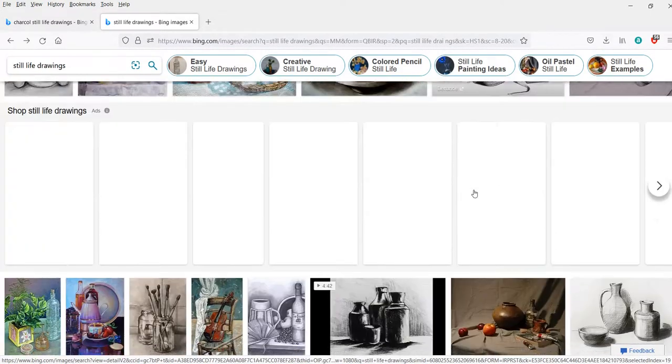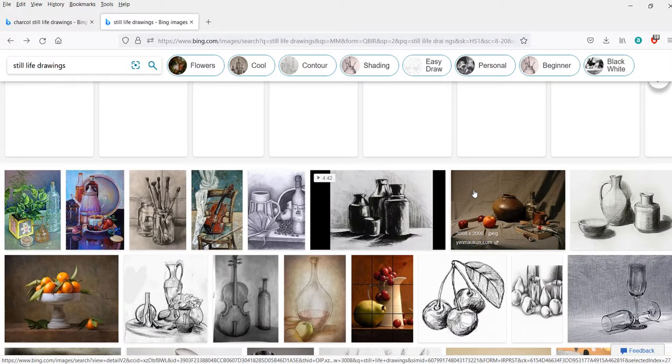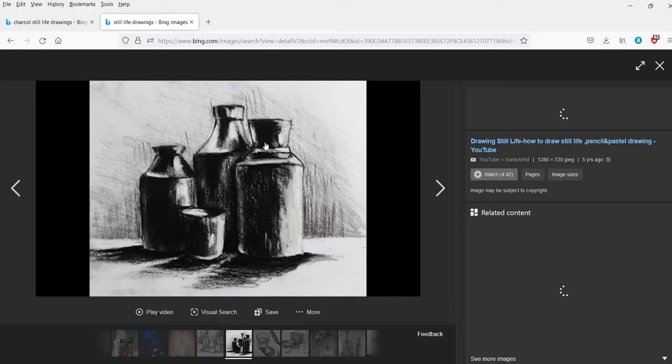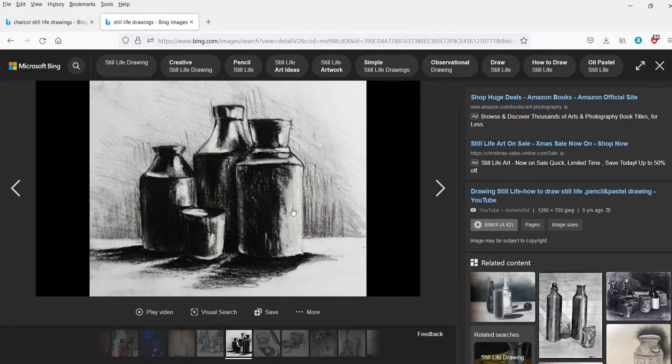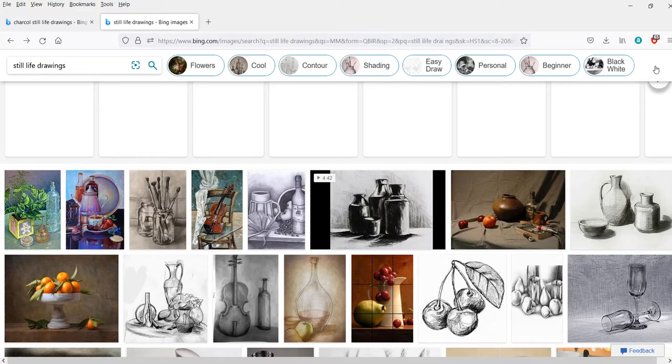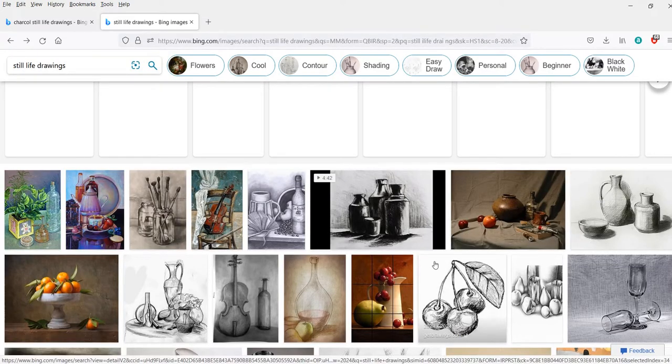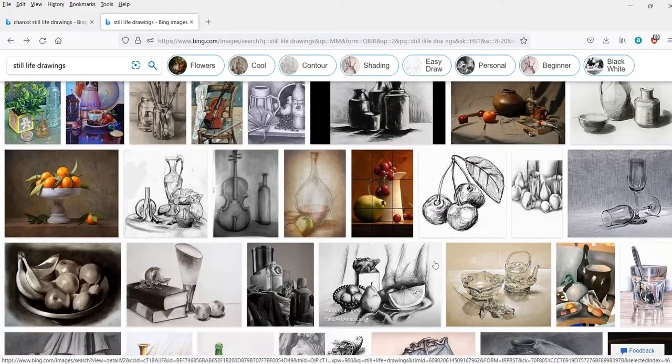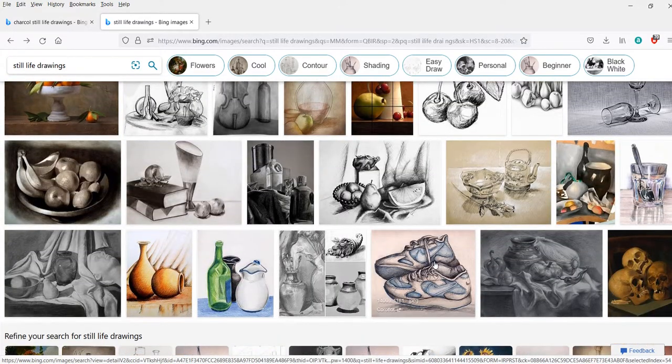Now, I'm just going to go to Bing, or Google, and put in still life drawings, and there they are. There are all kinds of examples, and some of them are very dark like this, with lots of contrast. But you have a light side. Here the light is coming from the right, and look at all this dark subject matter in tones that play out, but the contrast makes it jump right off the page at you. It has a lot of presence because you have all those tones and all that contrast working to bring that out. If it's all one tone or two tones or very few tones, it sits there on the page very flat.